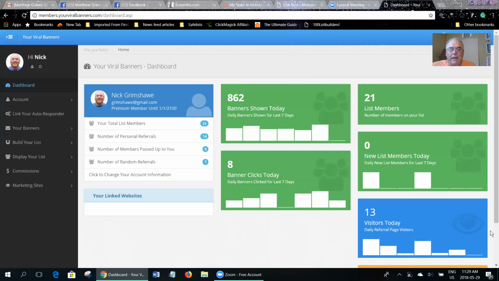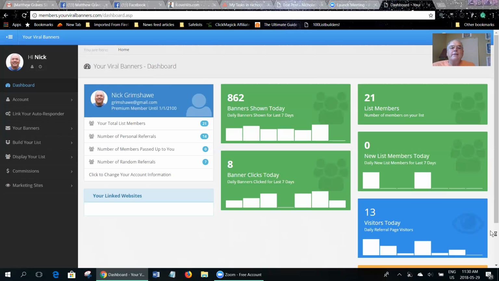Because if you're like me and you're a member of all of these safe list mailers, then there's a lot of banners available to you, and sometimes you get those banners as part of your membership. Sometimes you have to buy banners, and so some people spend money on banners. So I'm just going to show you